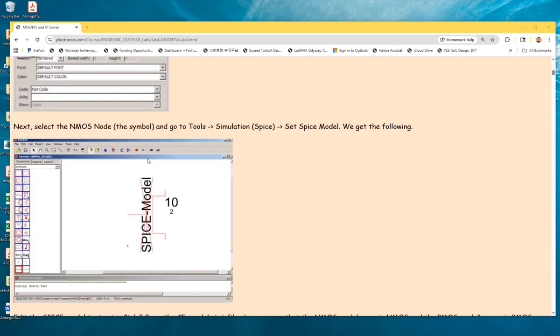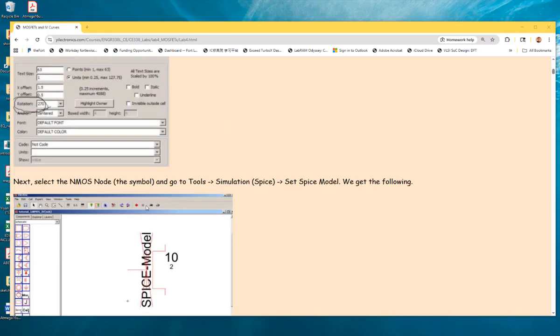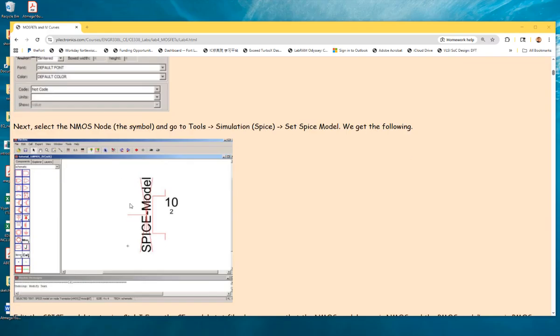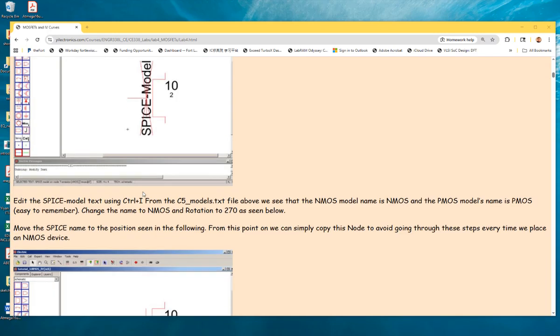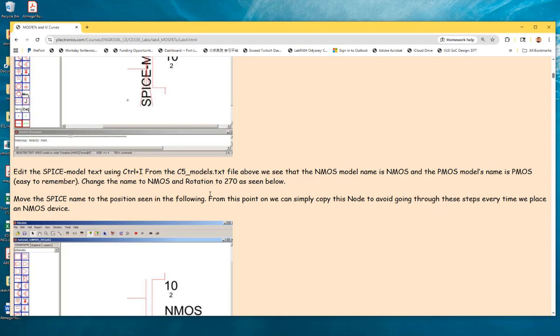And then the SPICE model, you have to change it. Make sure you change it to NMOS and PMOS. If it's the NMOS, you change it to NMOS capitalized, because in the model file, there will be a model file like this, the C5 models.txt file. I'm going to upload the link to this website so you can download it. So this model file has to be